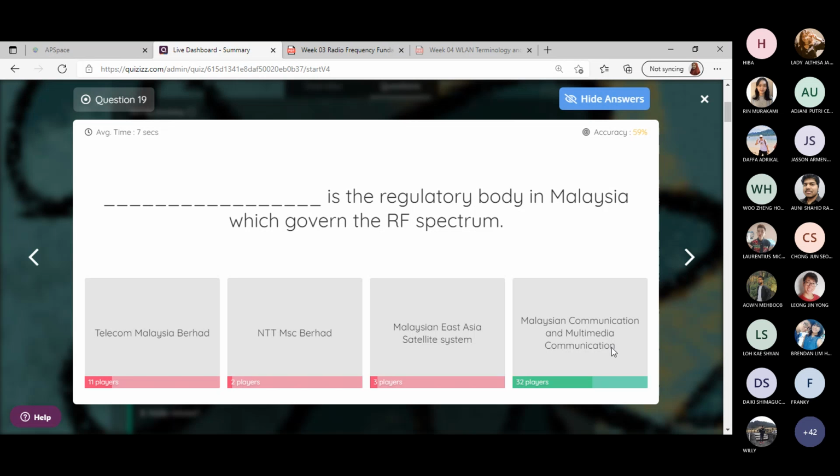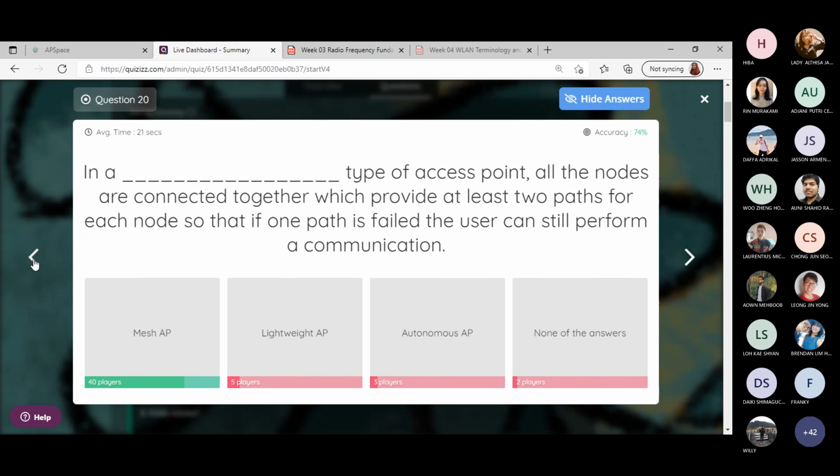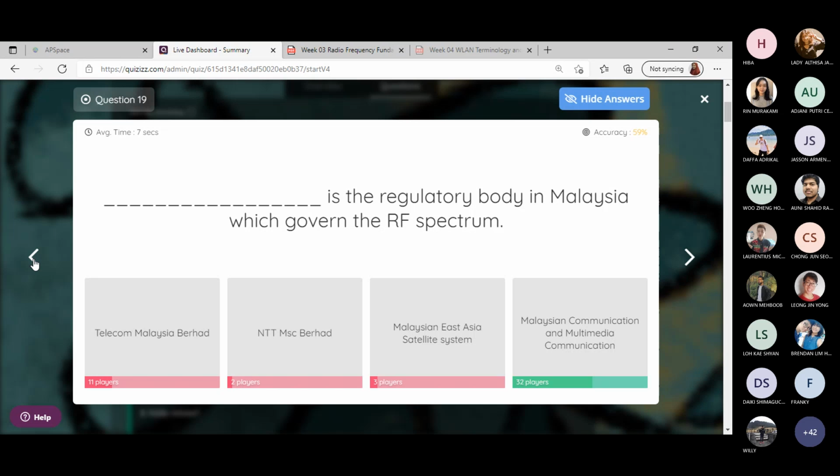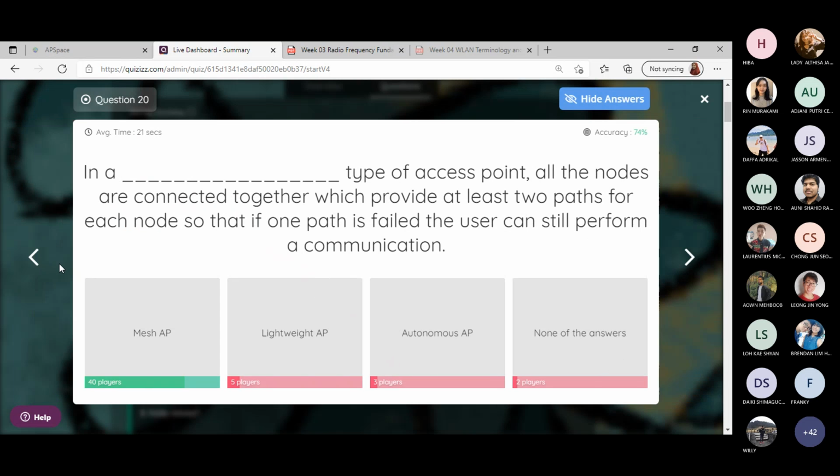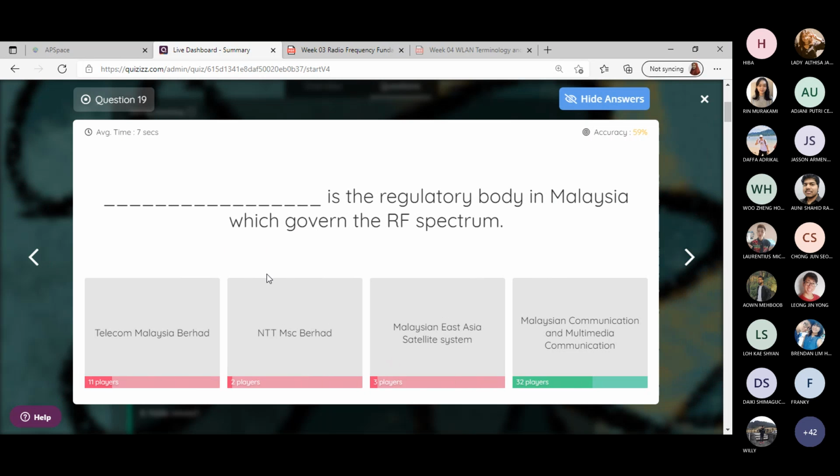So which regulatory body? All right. Okay, most of you answered it correctly. Very good. The rest, Telecom Malaysia, is also being controlled by MCMC. They are the ones who govern as the regulatory body. That's why when you want to submit a research paper related to telecommunication, wireless network, etc., we submit to MCMC. Even if you have new products like a router or switch, and you want it to be well recognized, please submit the details at MCMC.